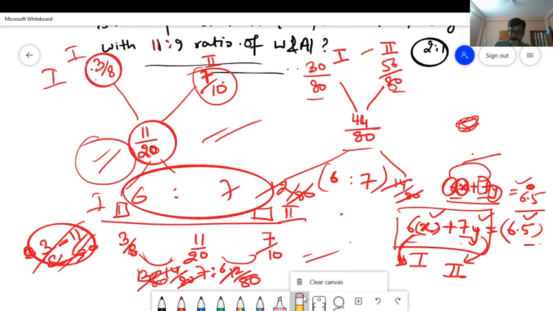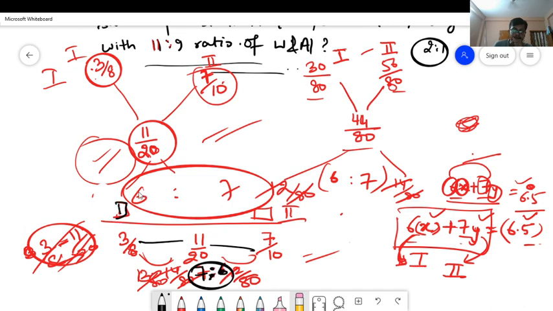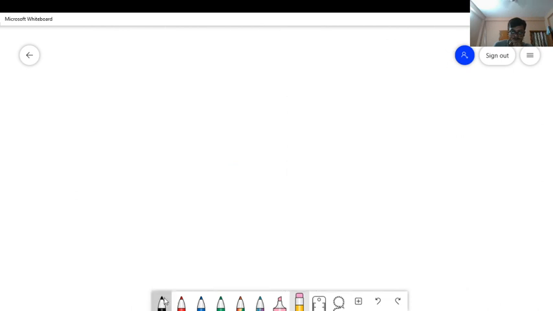Okay. Now let's move to the next. First mixture, this is 7 is to 6, right? We took the difference here, we found the ratio of them. This came out to be 7 is to 6. Now what should come on top of the seesaw? Reciprocal of this, 7 is to 6. So this will be x is to 7. Right? Done? Okay. Now let's move to the next question.